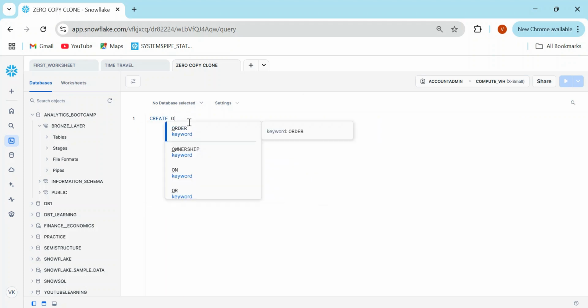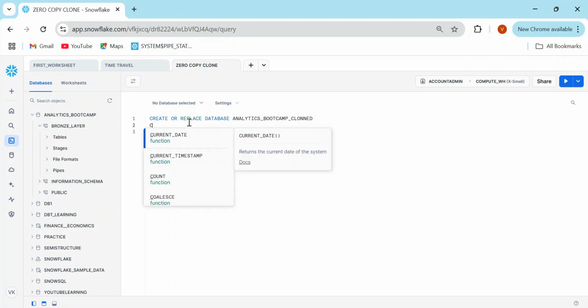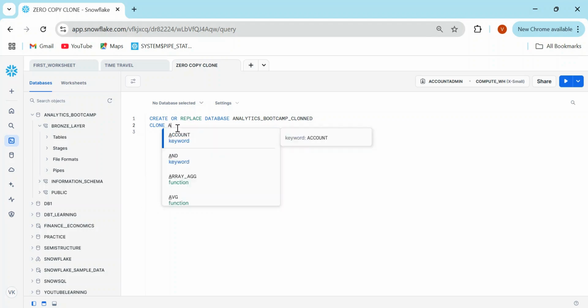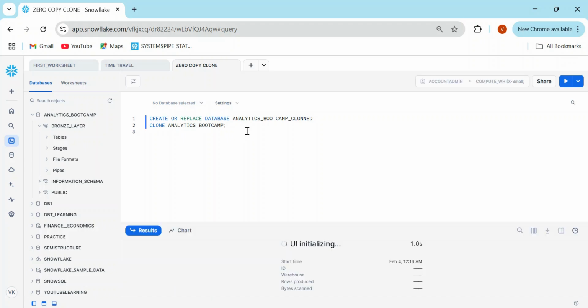Create or replace database, and then I'm naming it analytics bootcamp cloned. And then for this, I'll simply use the clone keyword and then use analytics bootcamp, because I want to clone this particular database. So if I run it now,